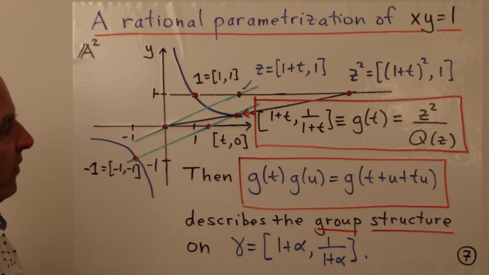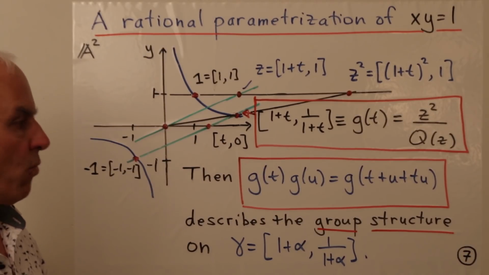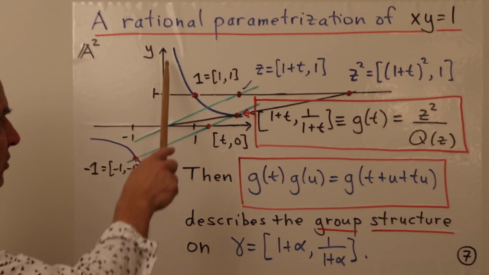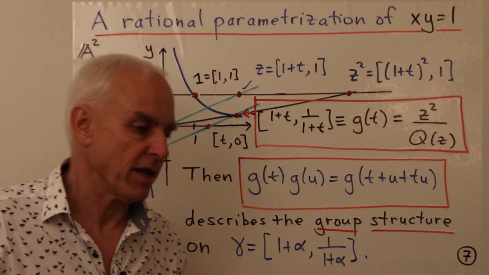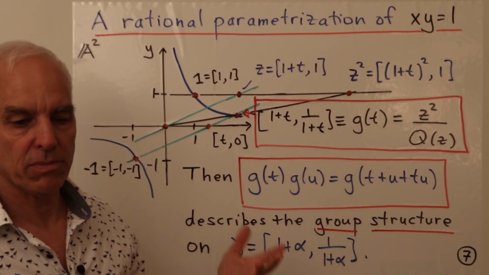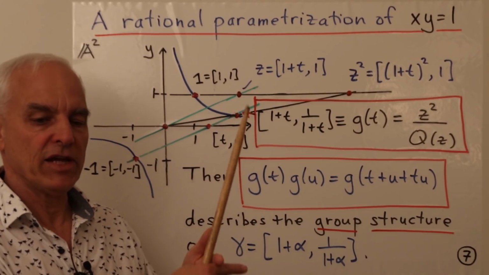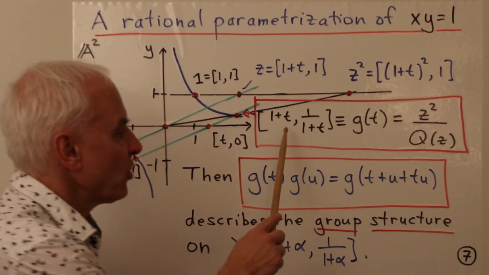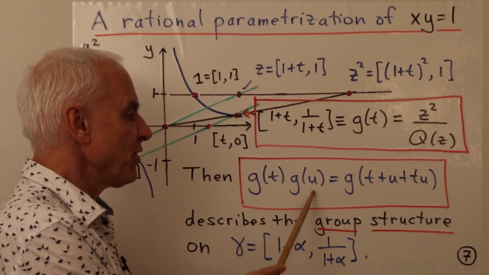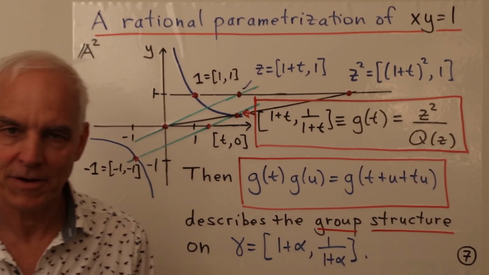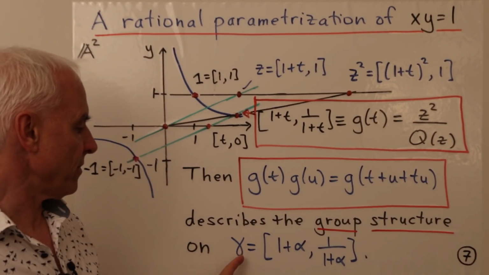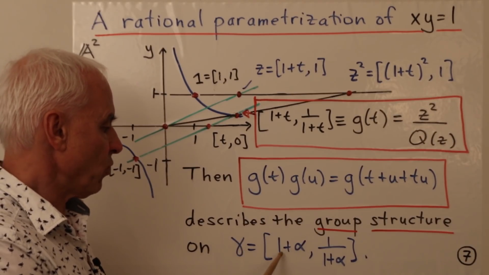And one thing that we can then observe is that if we take two such things and we multiply them, what are we going to get? So if we take g of t, which is on this curve, and we also take g of u, another parameter value, so also on this curve, it might also be over here, and take the product, what are we going to get? It's easy to calculate because the first coordinate is 1 plus t. The first coordinate of g of u will be 1 plus u. You multiply them, you're going to get 1 plus t times 1 plus u, which is 1 plus t plus u plus tu. And then to get the corresponding parameter, you have to subtract 1 from that. So you get that g of t times g of u equals g of t plus u plus tu. This is the group structure on this curve,